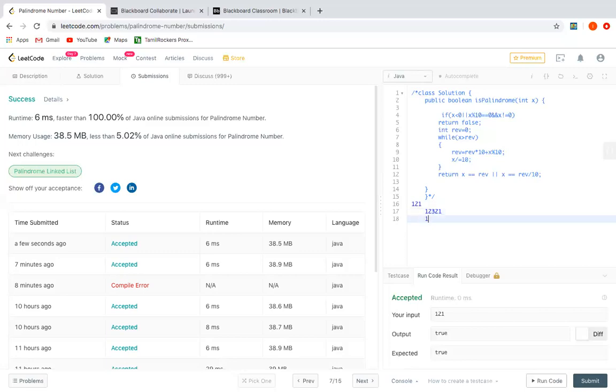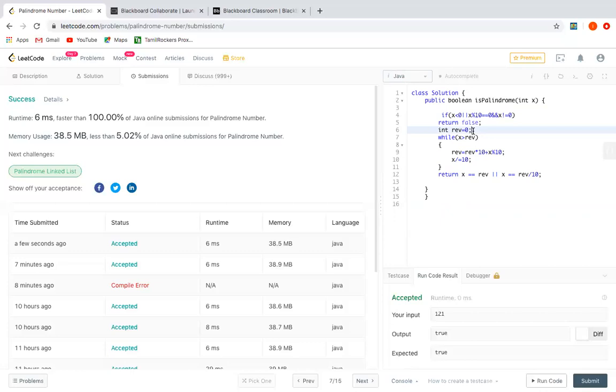If we have an even number, then if we fold it into half, then we have identical numbers. This is also a palindrome, right? So what we've done here, using the previous concept, is that instead of traversing the entire number and reversing the entire number, what we've basically done is we have made rev